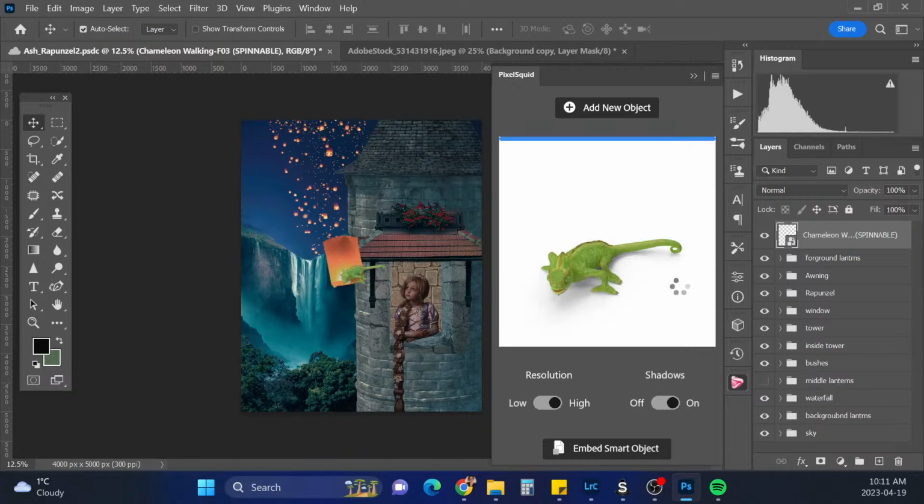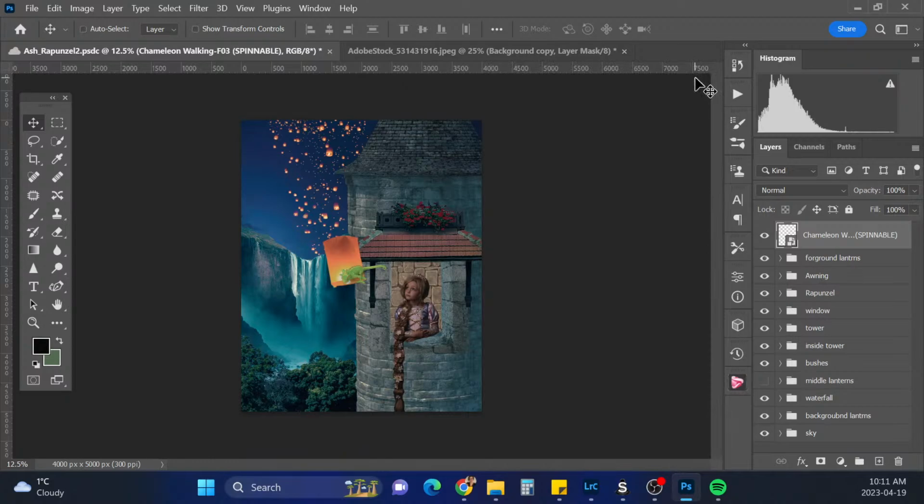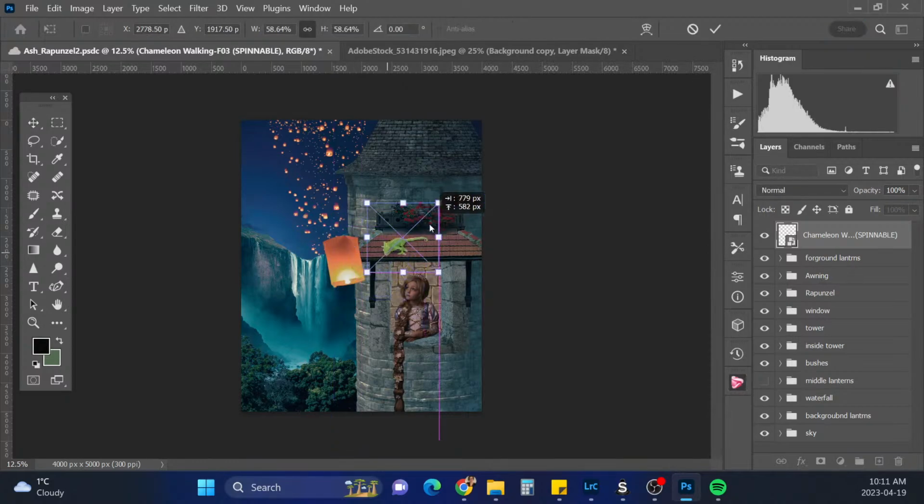Like that. Okay. And Control T. We'll just move him. He's going to be a little smaller. Like right about here. Maybe they're playing hide and seek.